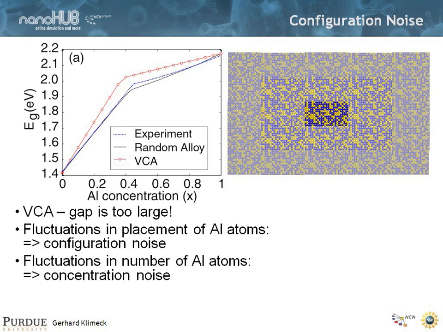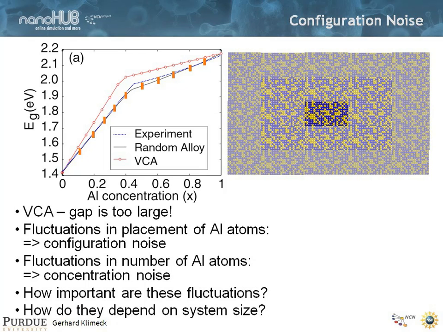And why would that be? Here, and this is not relevant in aluminum gallium arsenide, aluminum arsenide and gallium arsenide are virtually on exactly the same strain, lattice constant, right? So there is no strain. So the atoms wouldn't move out of place due to strain. So they don't have noise on their positions. But in indium gallium arsenide, the lattice constants are rather different. They would actually move out of place. So you would have positional noise as well. Okay? So let's move through that and ask ourselves, how important are these fluctuations and how do they depend on